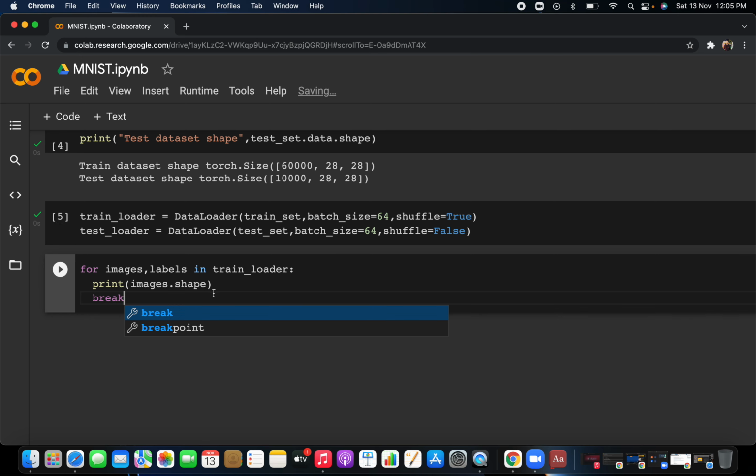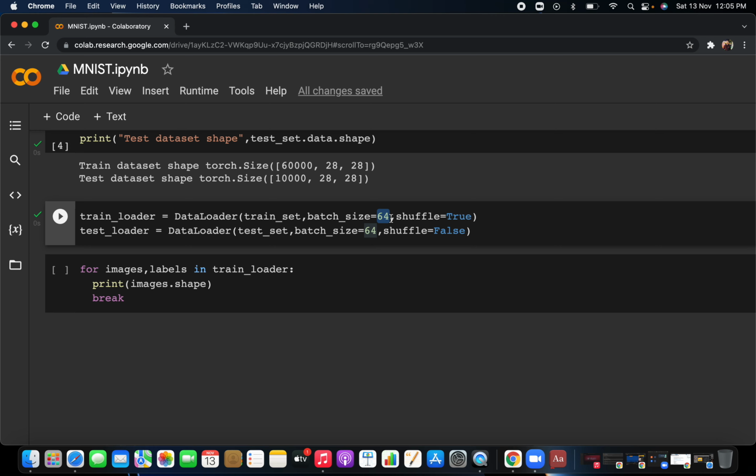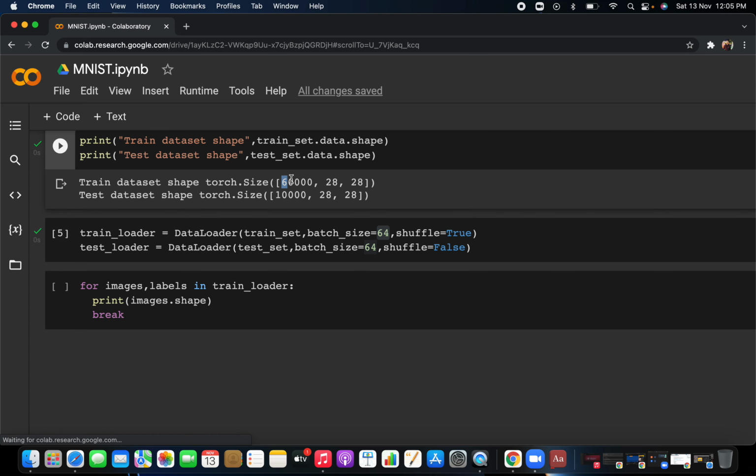Okay, so train loader means how many total batches the data has been divided into. You have taken batch size as 64, so the first 64 images will go through, and how many iterations it will take, you don't know. You have 60,000 training data divided by 64, and that will be your total number of batches. This is the batch size, meaning in one batch you have 64 images.